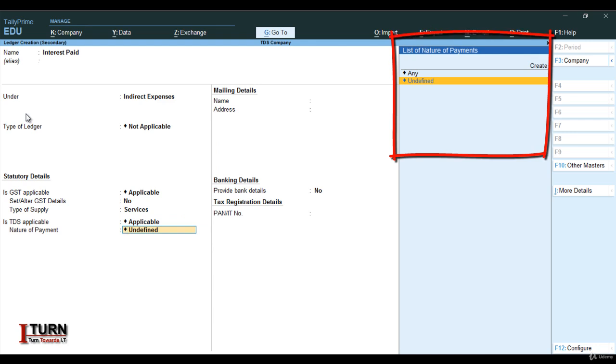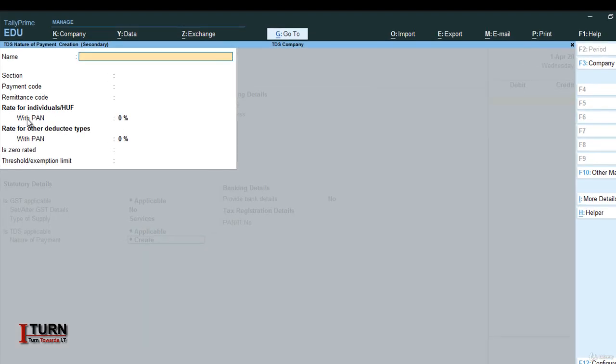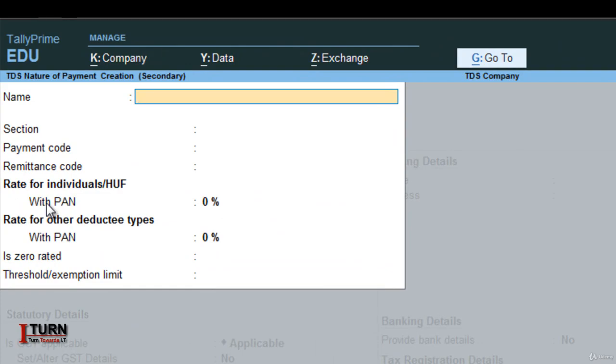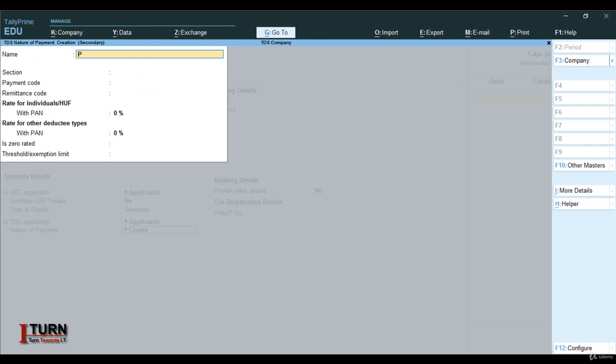In the previous versions there has to be a list before the GST part, but right now I don't know why they have not fed it yet, so we need to create it. We will have to go to the create option, nature of payment, now name. From here I'm going to take help, so it's going to be payment of interest by others. You may keep the same name, payment of interest